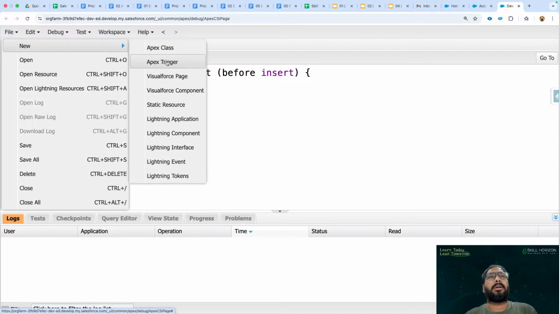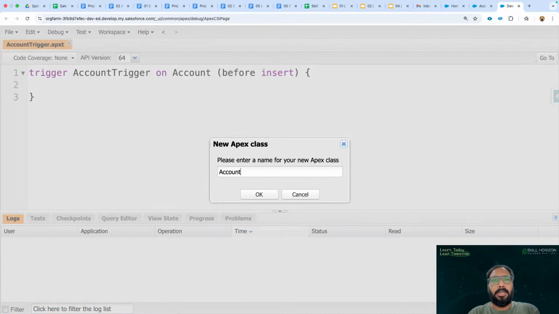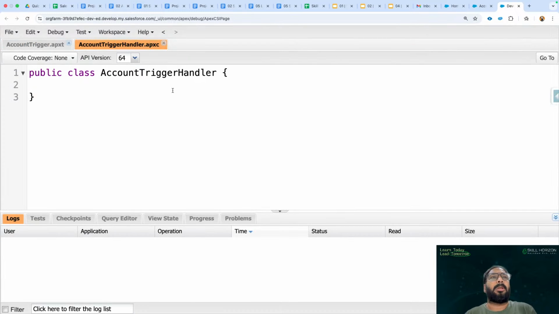Now I'm creating the Apex class. It will be known as AccountTriggerHandler. Best practice says we need to implement the trigger and the trigger handler separately, right? So the business logic will be available in the trigger handler, and we need to call this method in the trigger. So I'm going to write the method here, public static void